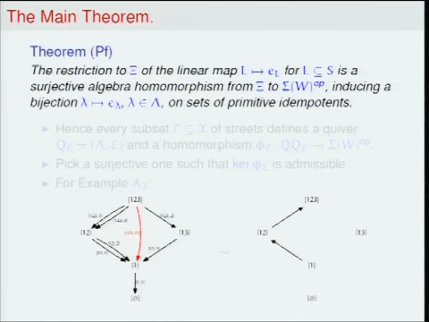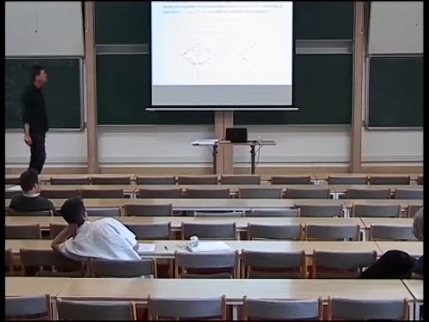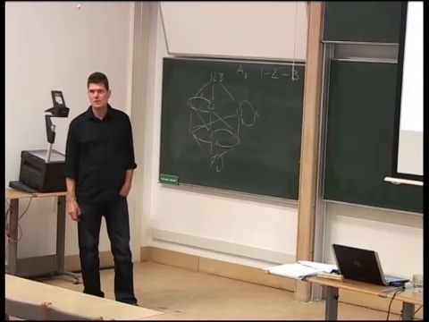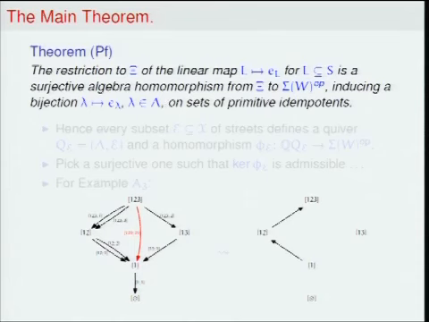If one restricts to the algebra of streets, the linear map psi given by L maps to the element labeled by L in the E basis of Bergeron, Howlett, and Taylor. And this gives a surjective algebra homomorphism to not the descent algebra, but its opposite, which induces a bijection of sets of primitive idempotents that we have singled out before. This means